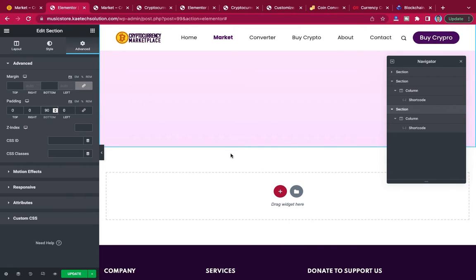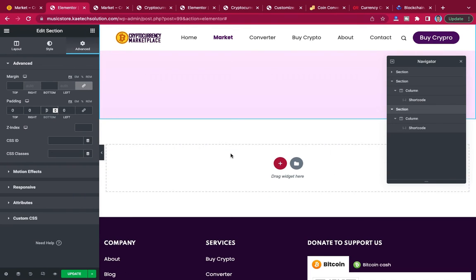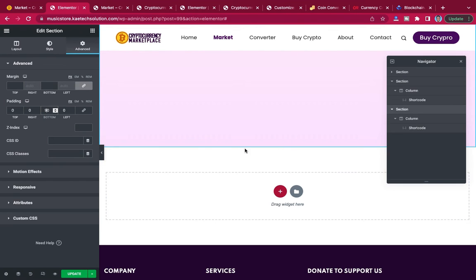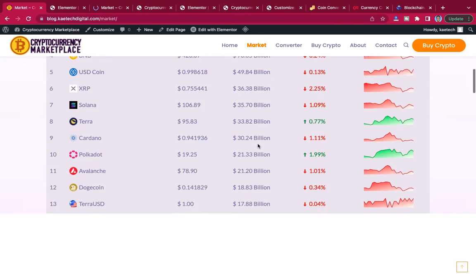I want to give it a bottom padding of 90. Okay, so let me say 90 here, bottom padding of 90. Okay, and then I'll update it again. Our next section that we are going to design is